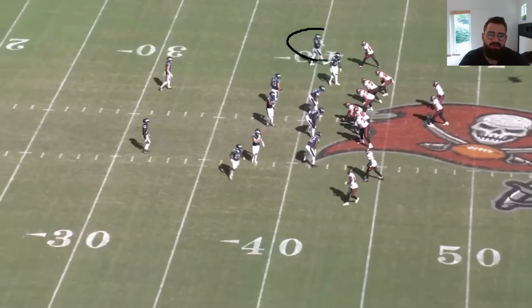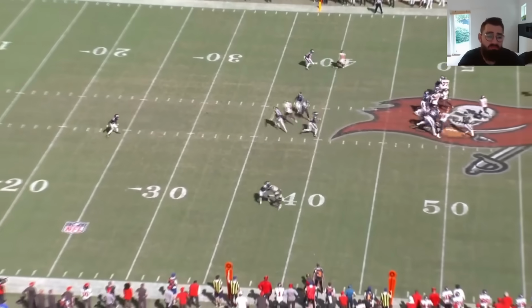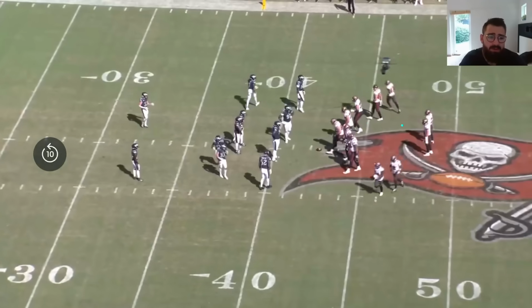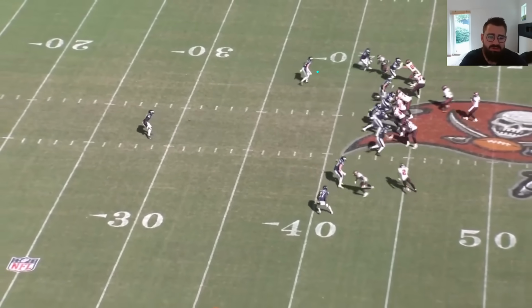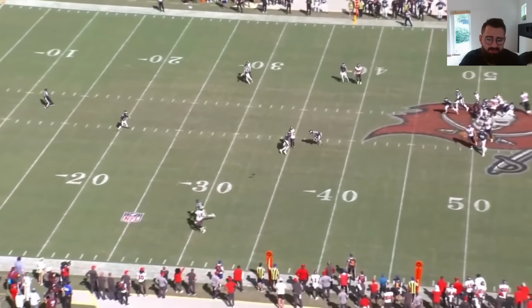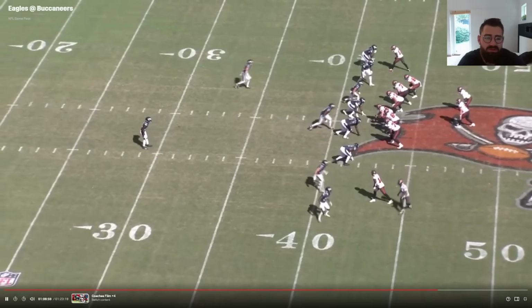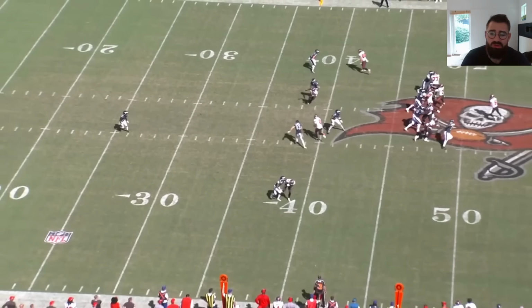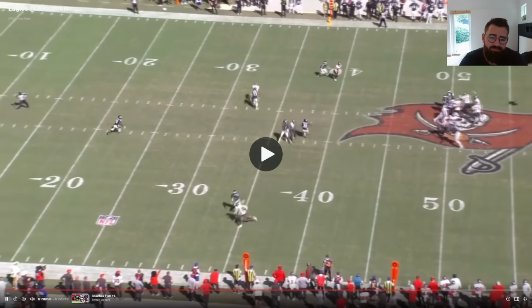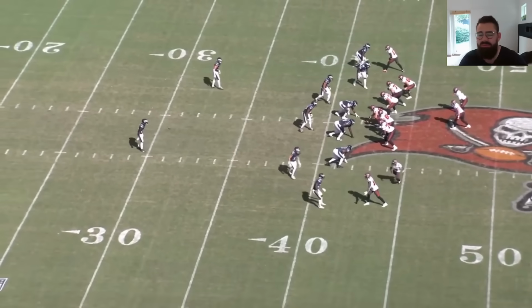All right, cover one man here. Kelee Ringo against Sterling Shepard to the top. Sterling running a drag route, and Kelee actually looks like he's in pretty good position. I'm not sure why he feels like he needs to grab hold of Sterling as he's coming across. It looks like he's already running full speed with him. It's third and about 5-6. It's not like Sterling is already too deep at that point. I mean, he's running right there at the sticks. If he can come with him here, make the tackle here, like we saw Andrew Makuba do against the Chiefs. Also, the receiver runs into Jahad Campbell as well. Of course, Kelee can't bank on that. He doesn't know that, but